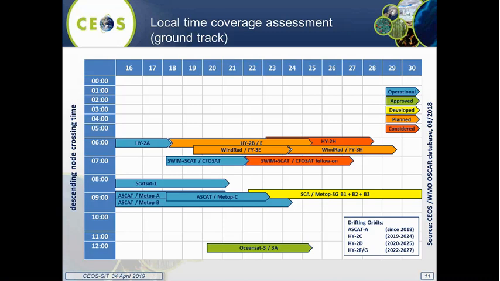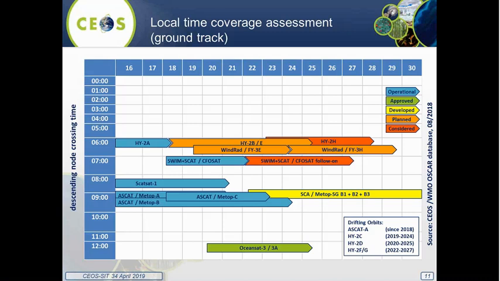So you saw that in 2016 we actually had an Indian satellite at 8:45 and ASCAT data at 9:30. And in addition, we had a Chinese satellite Haiyang 2A, which has never been producing operational data. So in fact, we only had 1 time slot a day, let's say between 8:30 and 9:30, where we have both the Indian scatterometer and the European scatterometer data, both in the morning and in the evening.